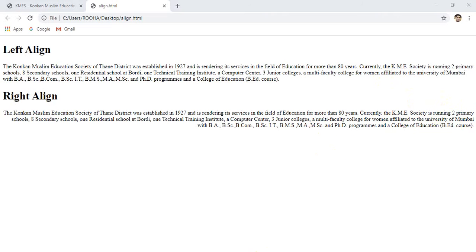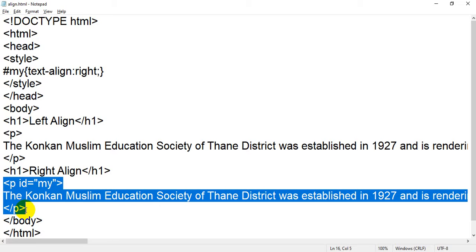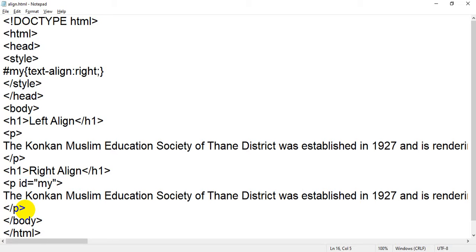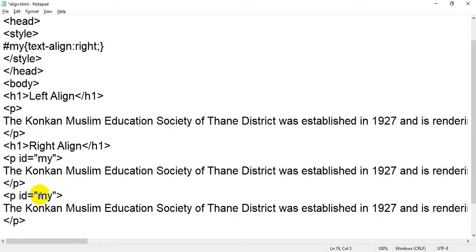Now I just want to show you the third one, center. I am going to copy this paragraph, Control C, and just below it, Control V. Instead of my, I assign one more ID, my name.